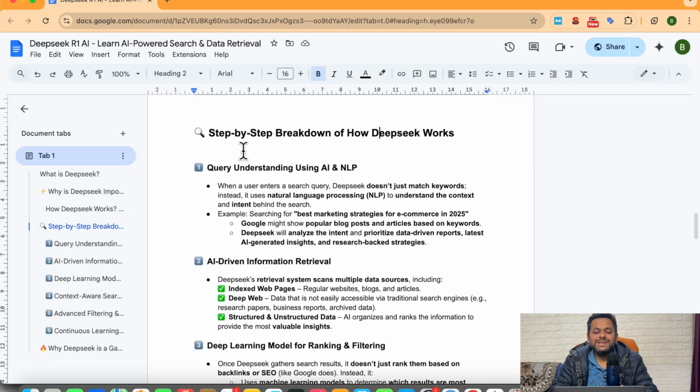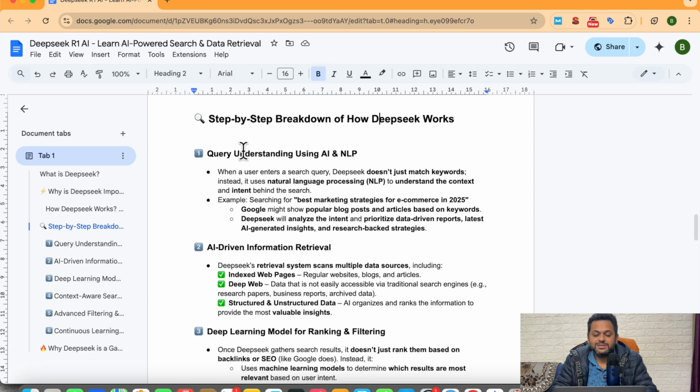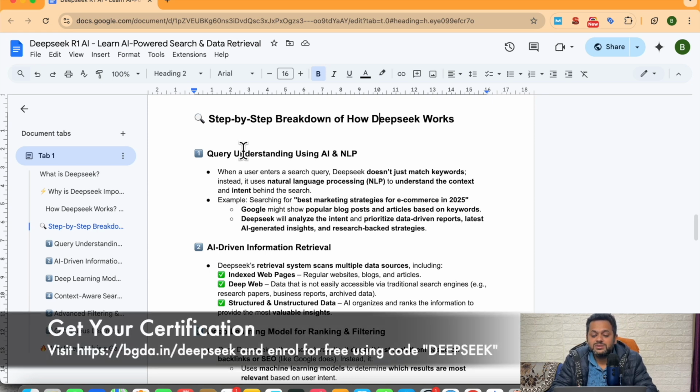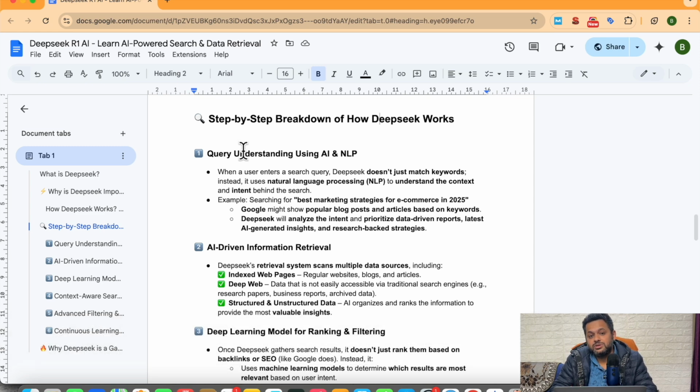So now let's do a step-by-step breakdown of how DeepSeek works. First thing is query understanding using AI and NLP. When a user enters a search query, DeepSeek doesn't just match keywords. Instead, it uses NLP, which is also called natural language processing, to understand the context and intent behind the search. So when it is able to understand the context and the intent behind the search, it is able to